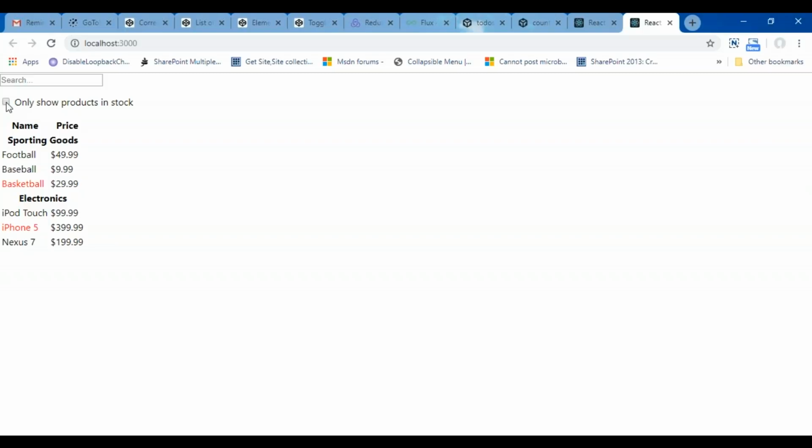So this is a demo which I have shown you of the complete React.js fundamentals, where we have used state, where we have used props, and we have created 5 components. For example, let's search Nexus 7, which is in another category. It is giving me the result of Nexus 7 along with the product name and the product price. That is how we can create very beautiful applications in React.js by decomposing the complete UI into different components. This is the beauty of React.js.